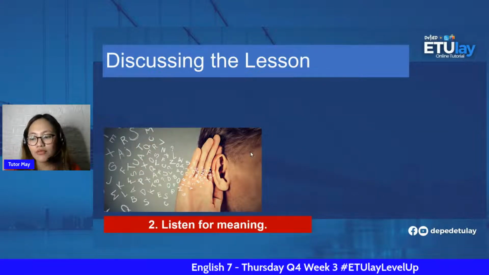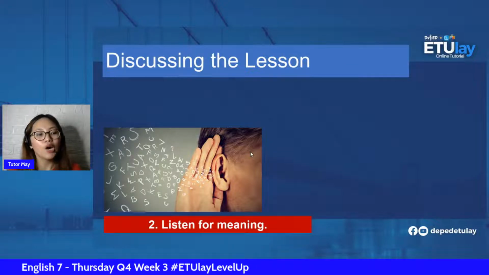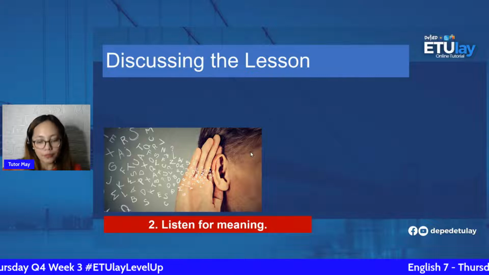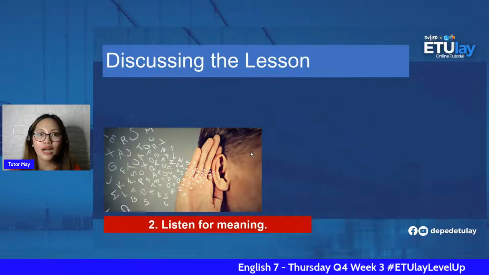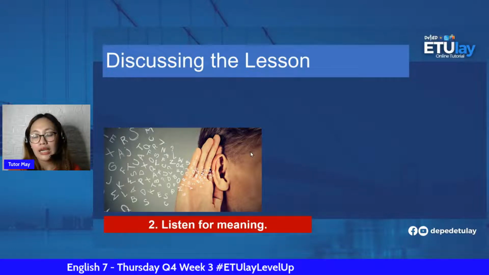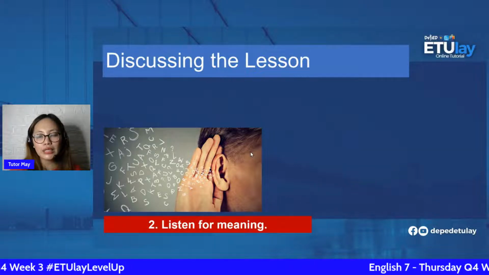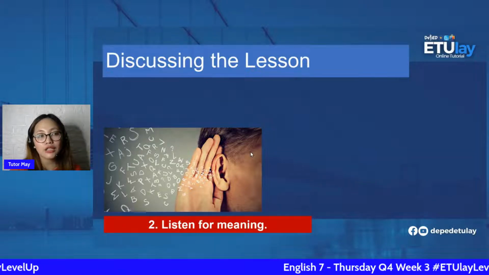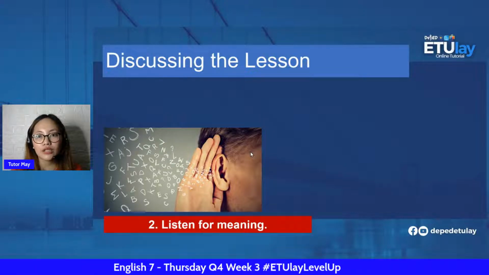Second is listen for meaning. So when you listen for something, you need a purpose. So it's like reading, di ba? We read for a purpose. Then when we also listen for something, we listen for a certain purpose. Are you listening to this person because that person has a problem? Empathic listening. Are you listening to a person because he has a problem and he is seeking a solution